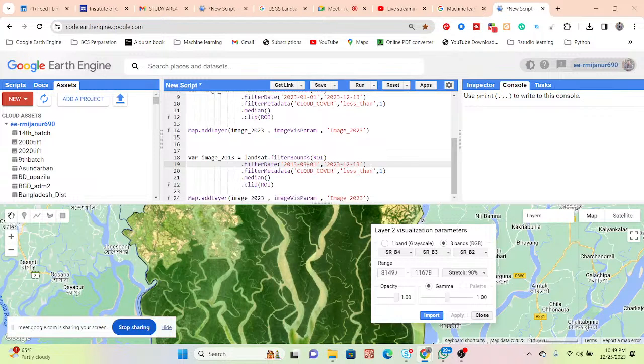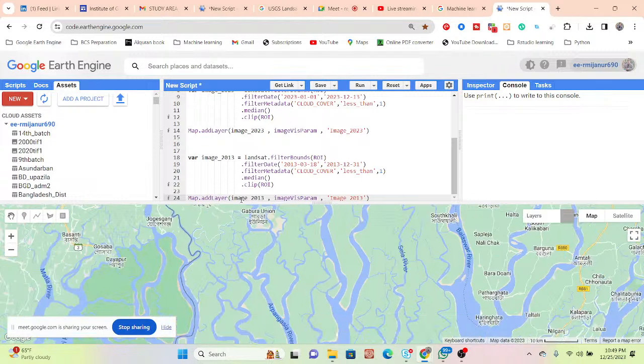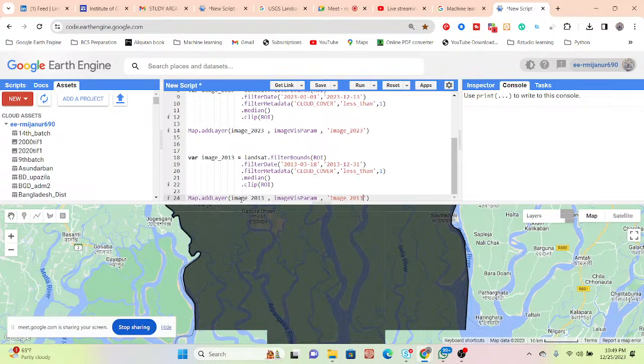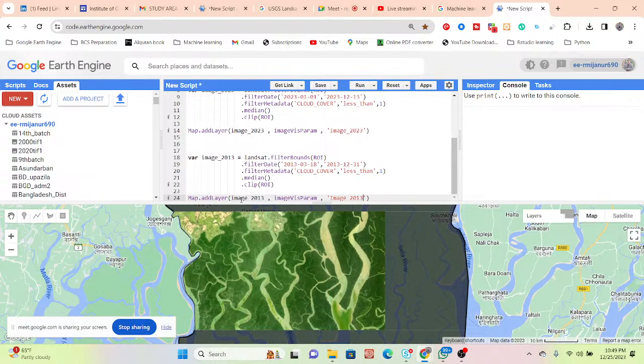So March 18, and then put here the year 2013, December 31. Okay, so now it is also the same, just simply copy and paste here. We also choose the layer name, suppose year of 2013, and run. So now it also sets the image for the year of 2013. Okay, so in this time we only need one year image for the year of 2000. Then we can get all of this image collection.